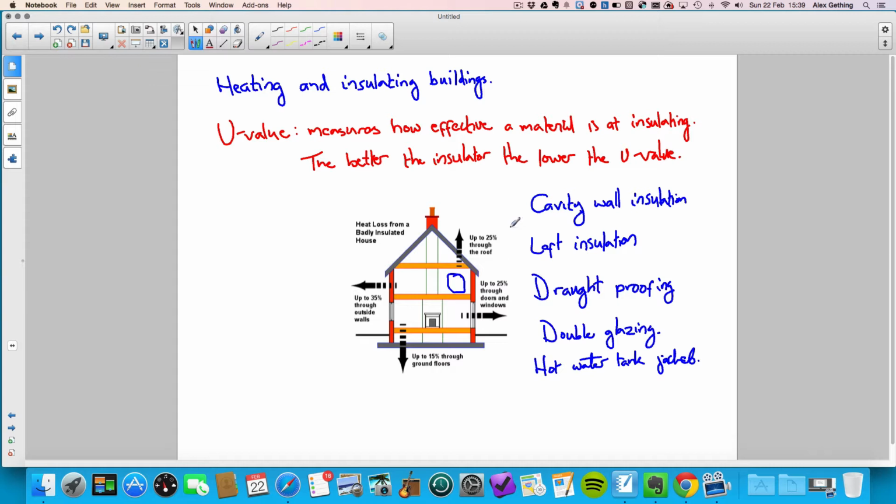So for example, if it cost, well, let's say it costs £490 to have this done, and that saved you £70 a year, how long would it take for that to have been worth doing, and how long would you have to live in that house for it to be worth having that cavity wall insulation done? And the sum that you need to do, which we can call payback time,